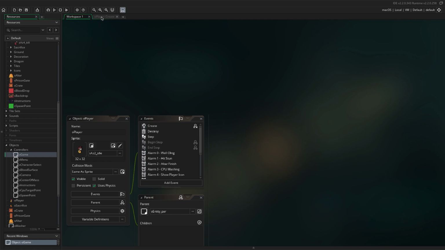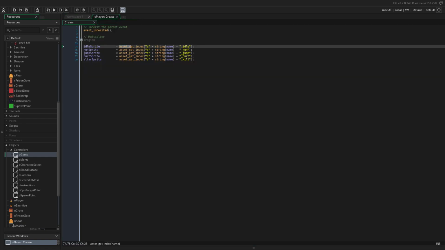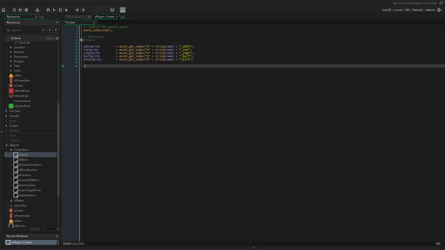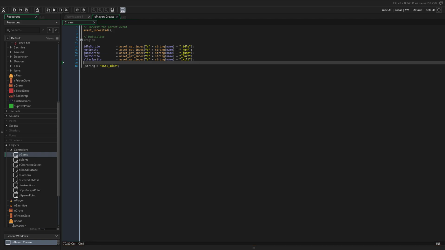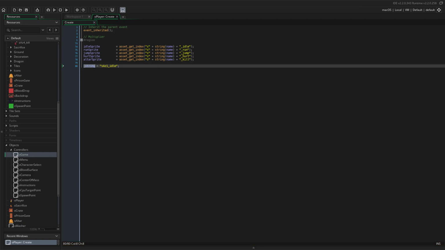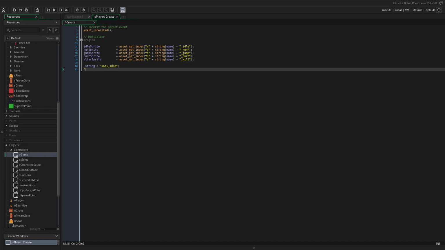And then when we come back into our create event here, you can see that asset get index is s plus our name plus idle. So it's going to look something like s az1 underscore idle. Okay, and that's what our string is going to be equal to, something like this. Now, this is not real code. I'm just demonstrating that this string value is going to be equal to something like this, or maybe it'll be equal to